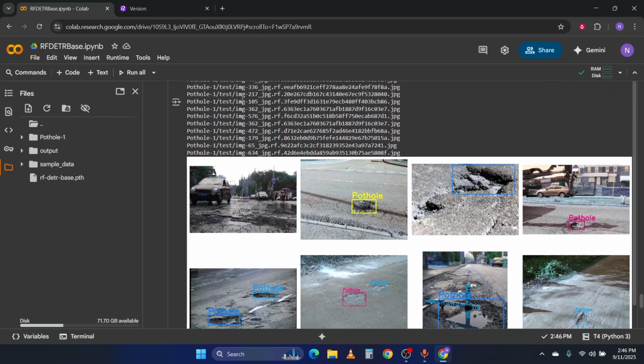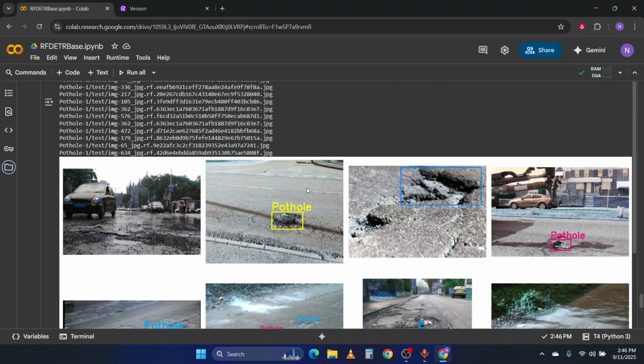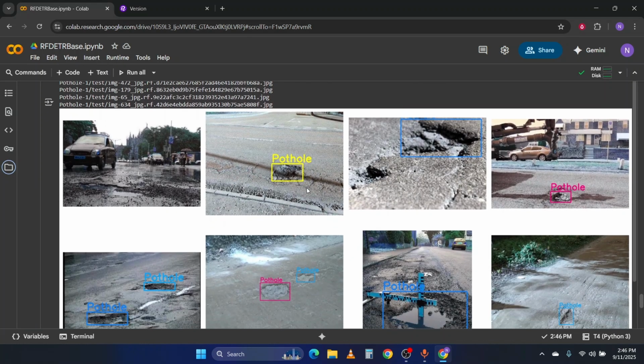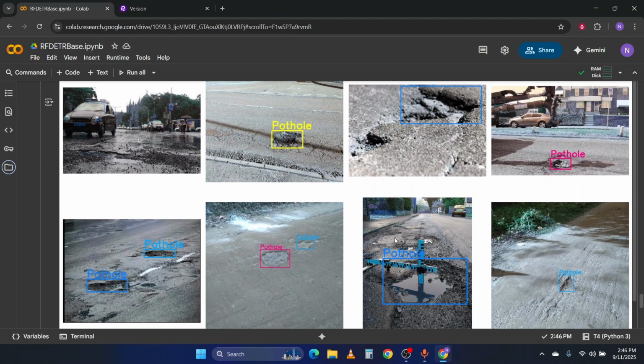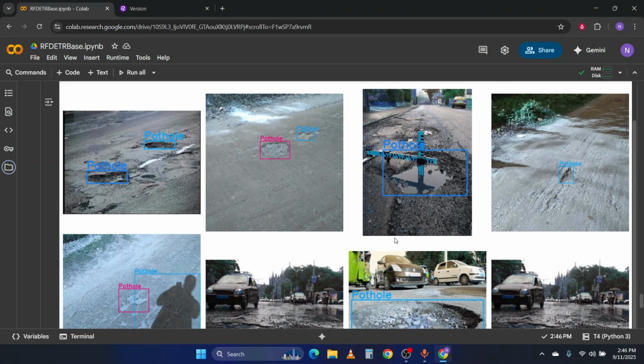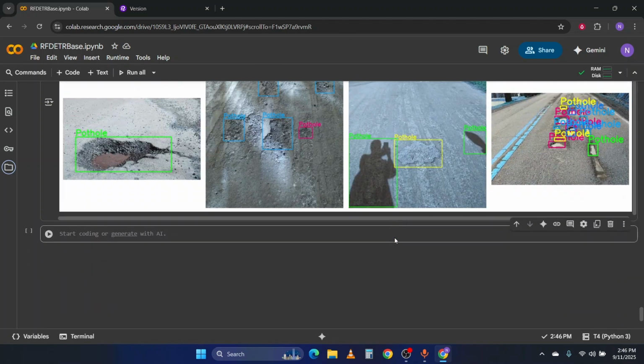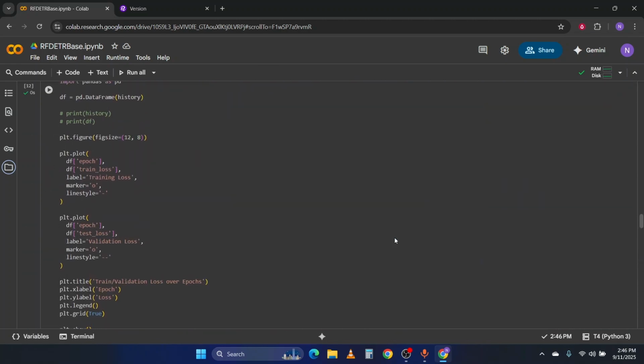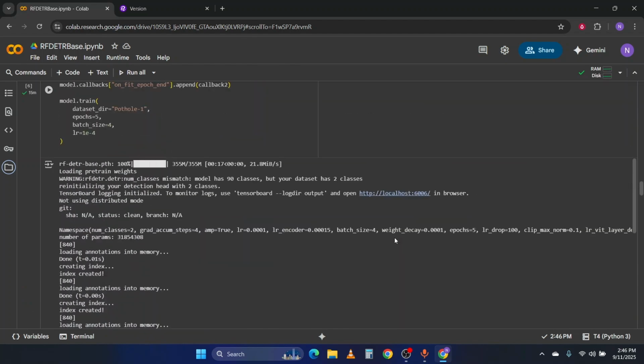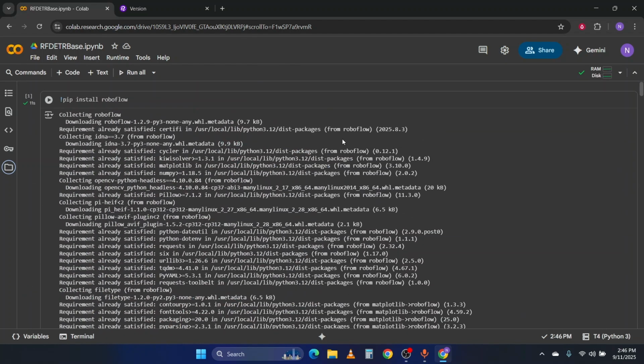See the result. This is an RF-DETR based model. Okay, and this model is trained on just 5 epochs, and it's showing a great result. Okay, so this is a trained RF-DETR based model on a custom dataset, and you can use it. And after training it, you can use that particular weight file anywhere you want. So this is just an explanation of how